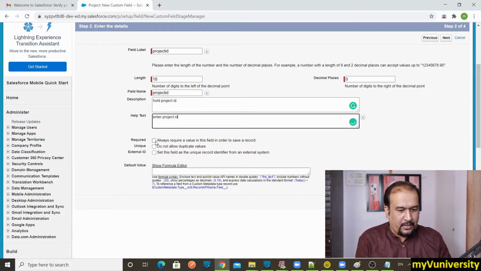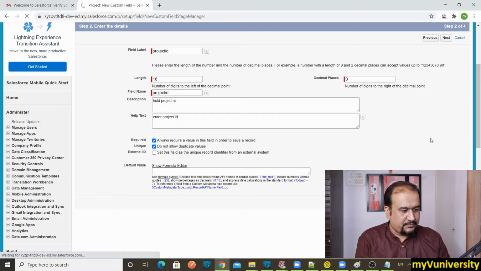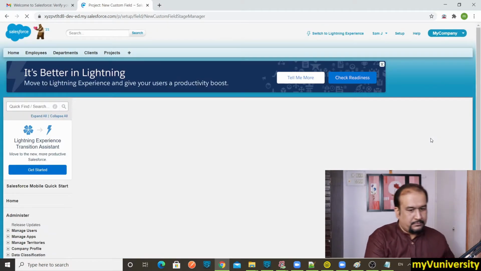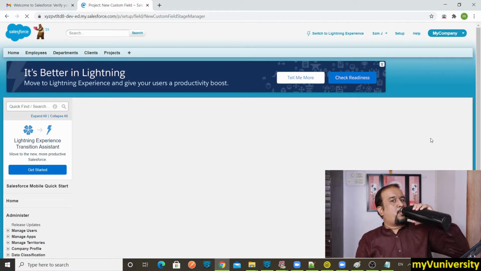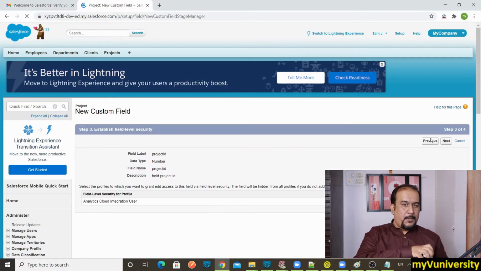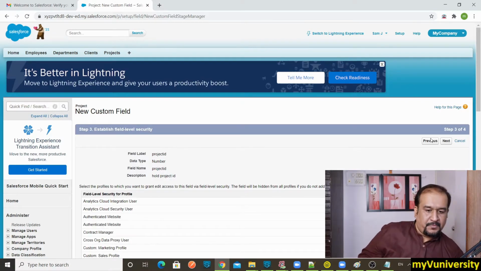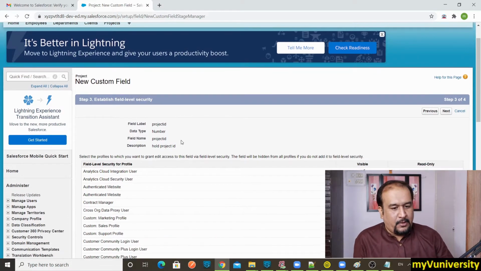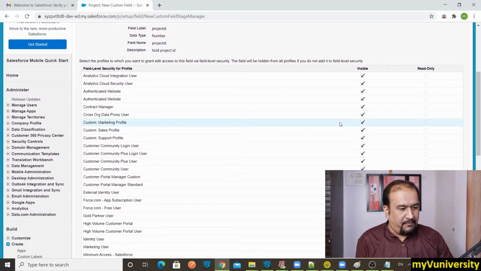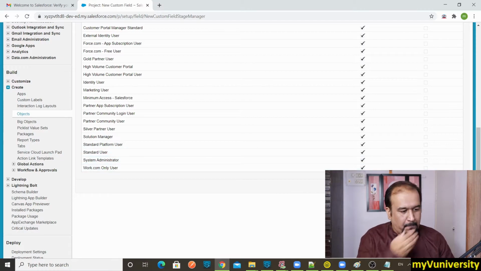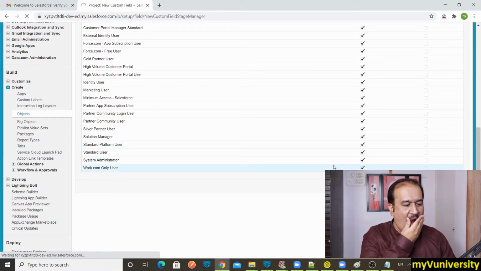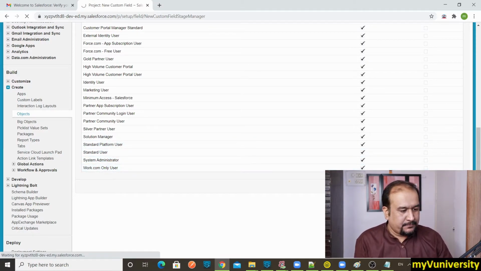And project ID you can make it required and unique, that's okay. Click on next. Okay, so this particular field is visible to which profiles, all the profiles. Next, click on next.